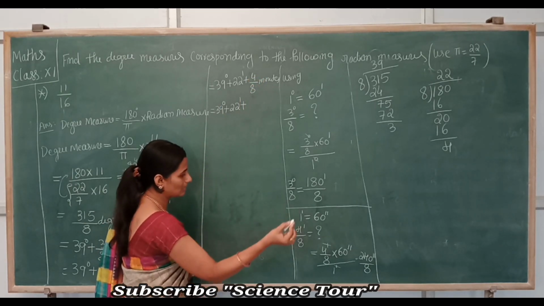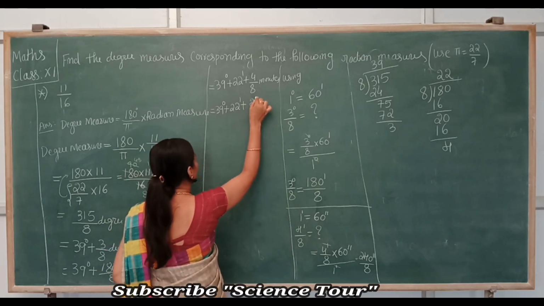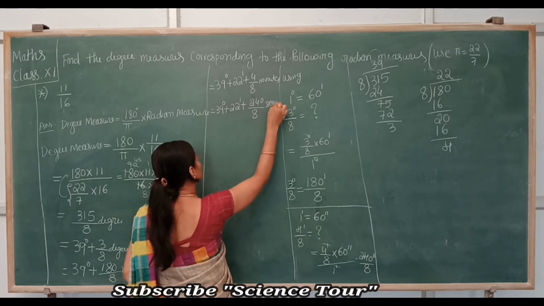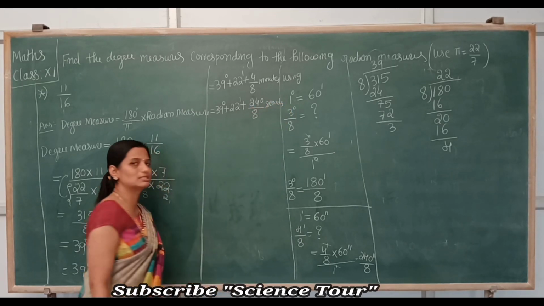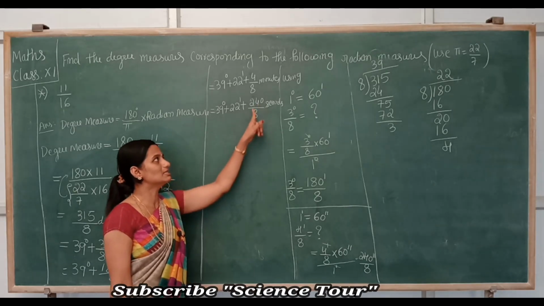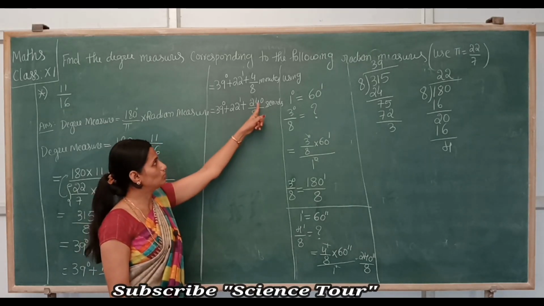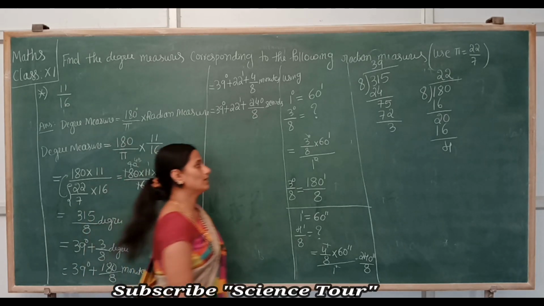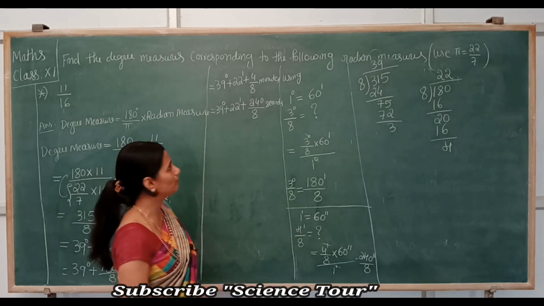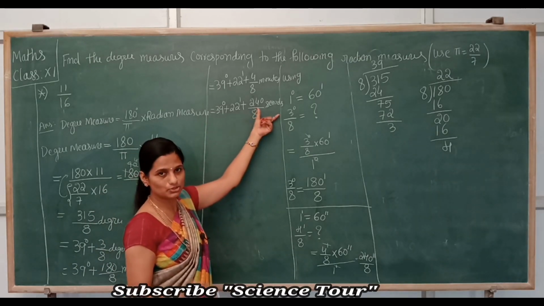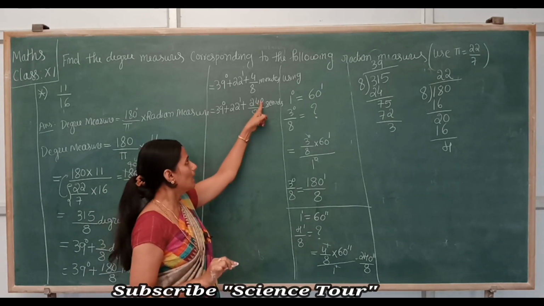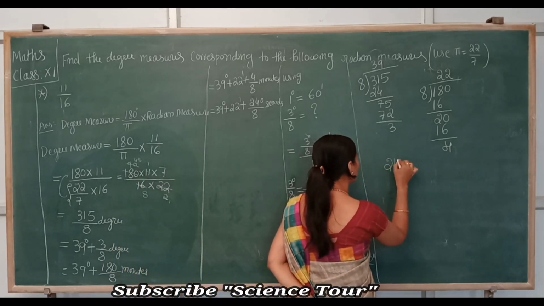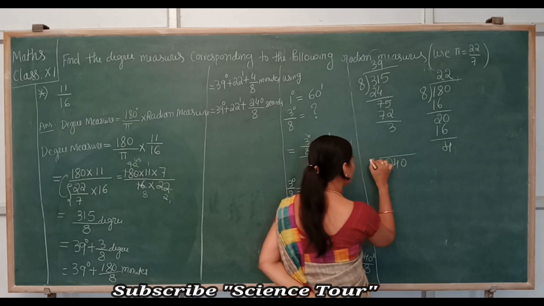converted to seconds, that is equal to how much here? 240 divided by 8 seconds. Again in the seconds there is a fraction. So 240 divided by 8, that is the fraction part. How to remove that fraction part? In degree we need the answer in terms of whole numbers. That's why I am removing this fraction. How am I removing this fraction? By dividing 240 divided by 8.